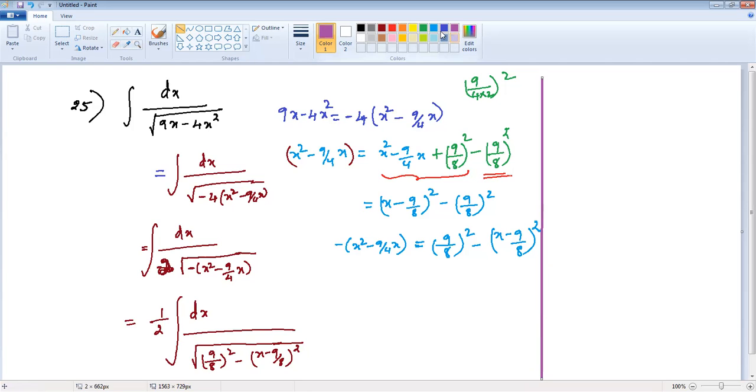Okay, that is equal to 1 by 2 into, directly you apply the formula. Turn to page number 308 and recall all the formulas and learn them thoroughly. Okay, so it is x by a